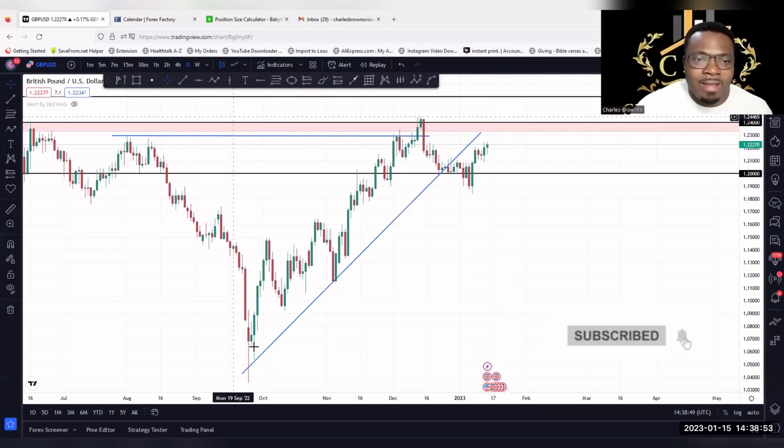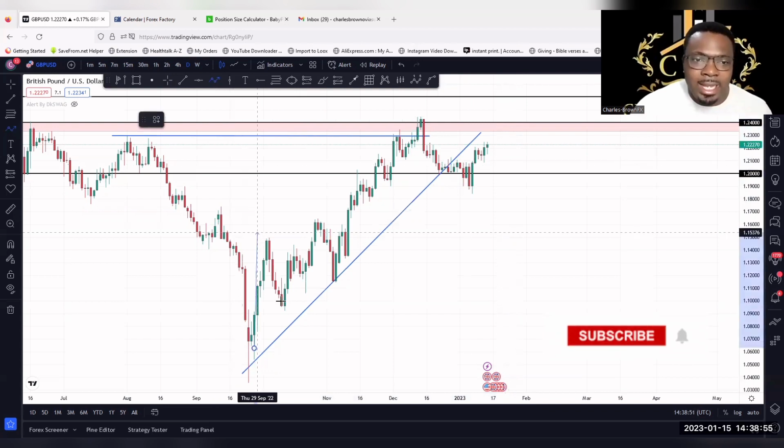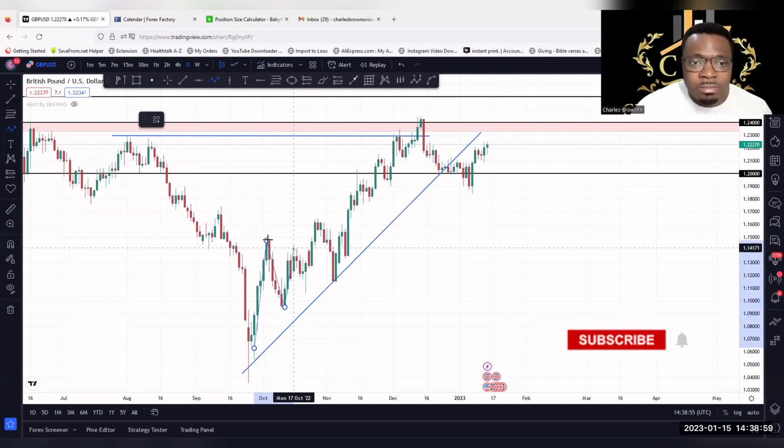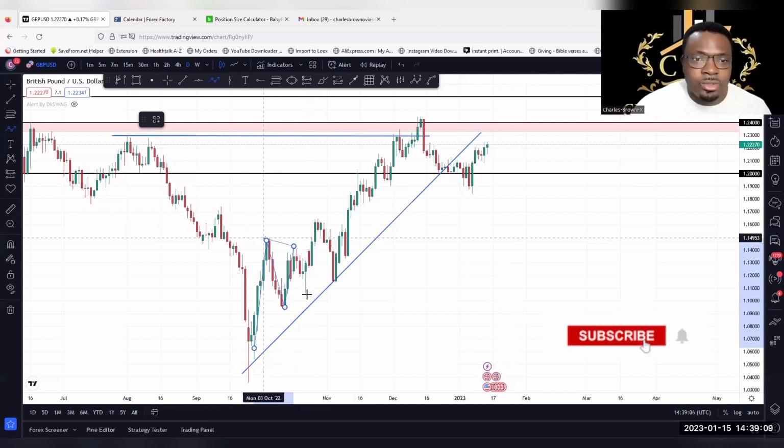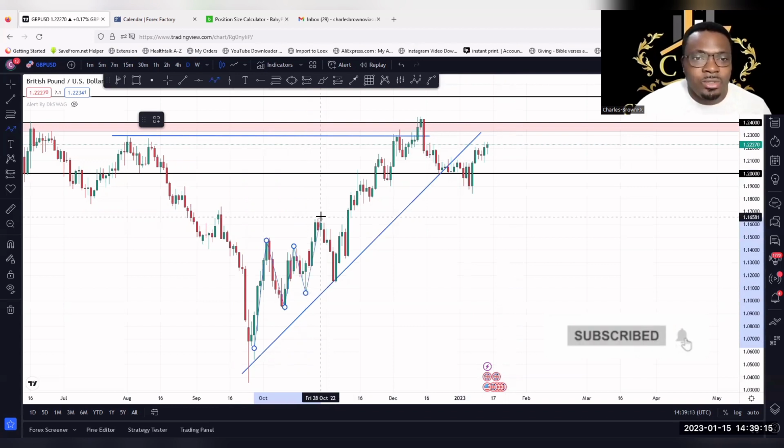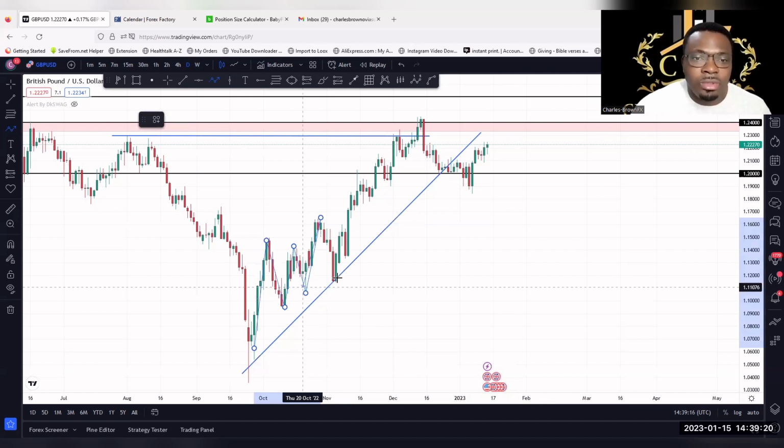Let me take this off so you understand what I'm saying. First of all, we have a push up, a higher high, a higher low. You can't call this a higher high because it didn't break that high. So we can call it a lower high. But then what happened? If you come down here, lower high than this, then we have a low, again a higher low. Then it pushed up to create a new higher high, and then a higher low. Did it break this low? No. So we have a higher low.